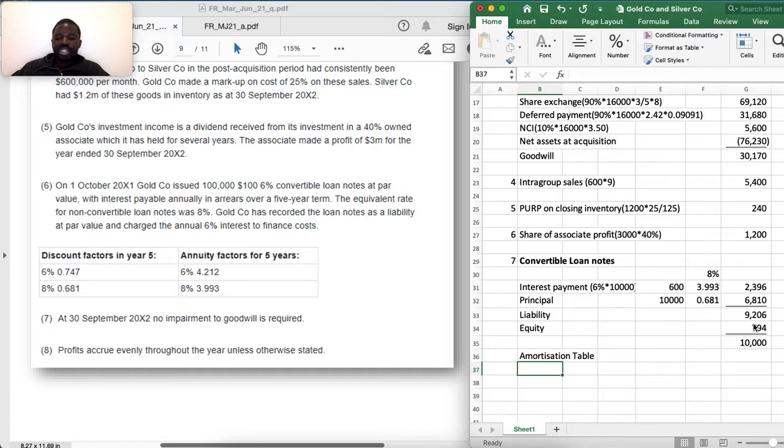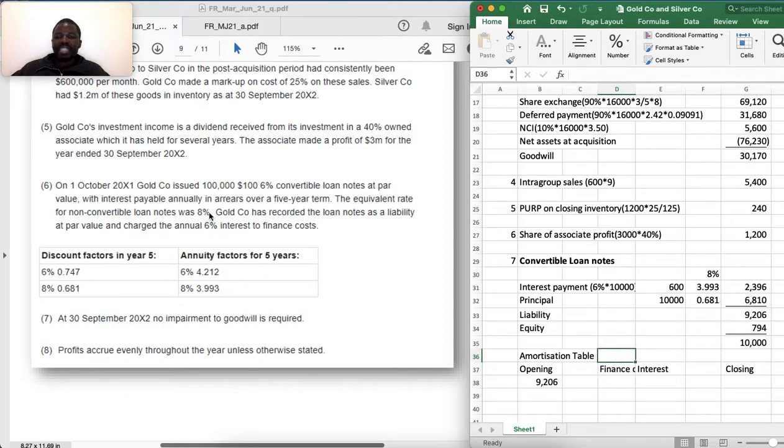In the amortization table, we will have the opening liability, then we will have the finance cost, then we have the interest payments, then we will have the closing figure that will go to the statement of financial position. Now the opening liability that we have is 9,206. Then the finance element,